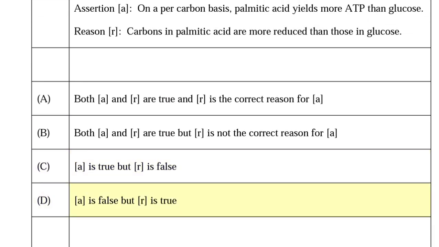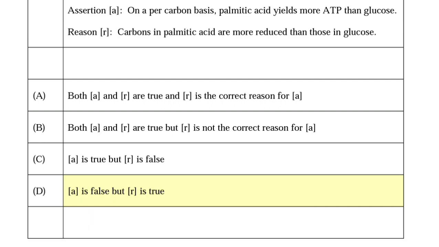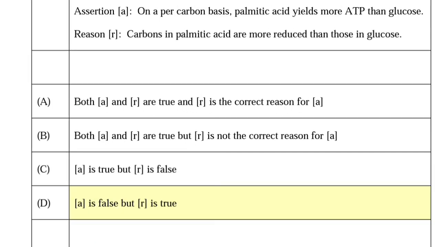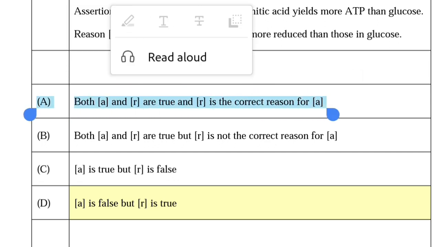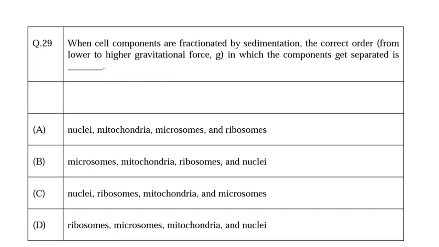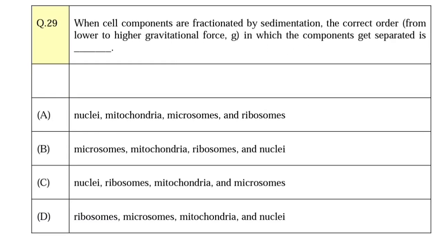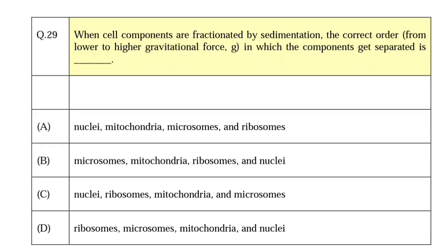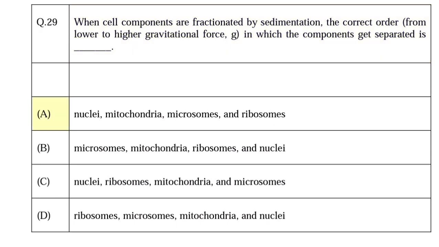D. A is false but R is true. Q.29. When cell components are fractionated by sedimentation, the correct order, from lower to higher gravitational force, in which the components get separated is blank. A. Nuclei,